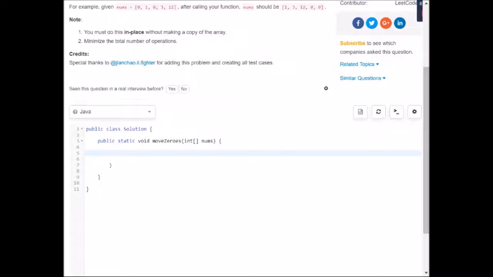Okay, so this is a void method, but what I'm going to do is check if nums is null, or if nums.length is equal to 0. Although it is a void method, a cool thing you can do is that you can return inside of a void method. You just don't want to have an expression after your return statement. If you don't have an expression after your return statement, your method's essentially going to return nothing. It's basically just going to terminate